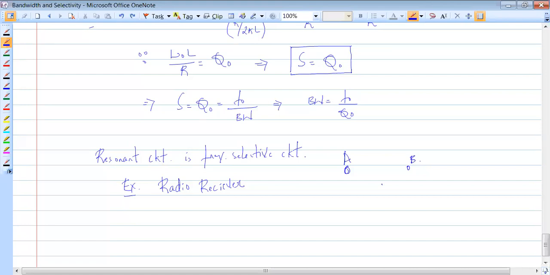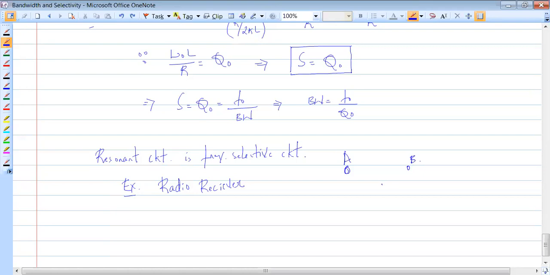When we are listening to one particular station, if we get to listen to another station also, what's happening there? What's happening to the quality of the signal? I'm trying to tune it to station B, or let's say I'm trying to tune it to Bhadravati station. I get some signals from a Dharwad station also. Is that correct or is that wrong? That's wrong. So that means the quality is not good.